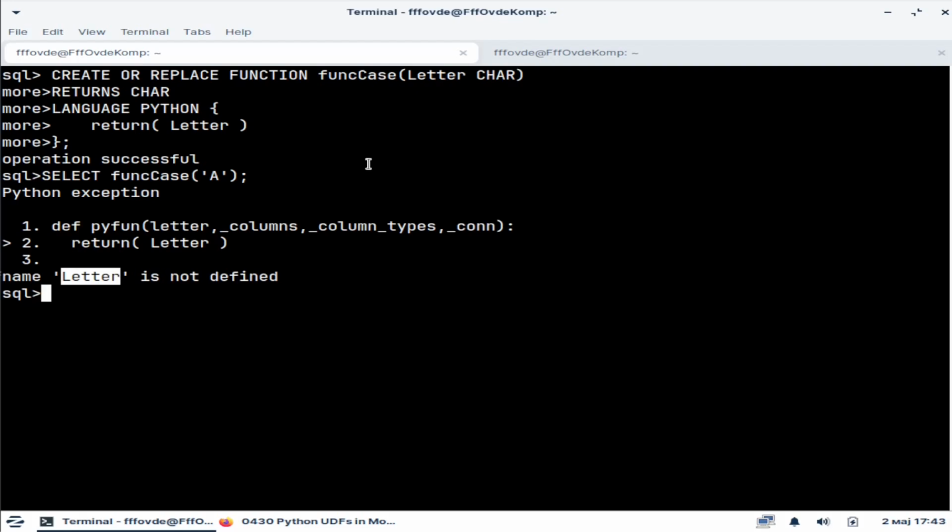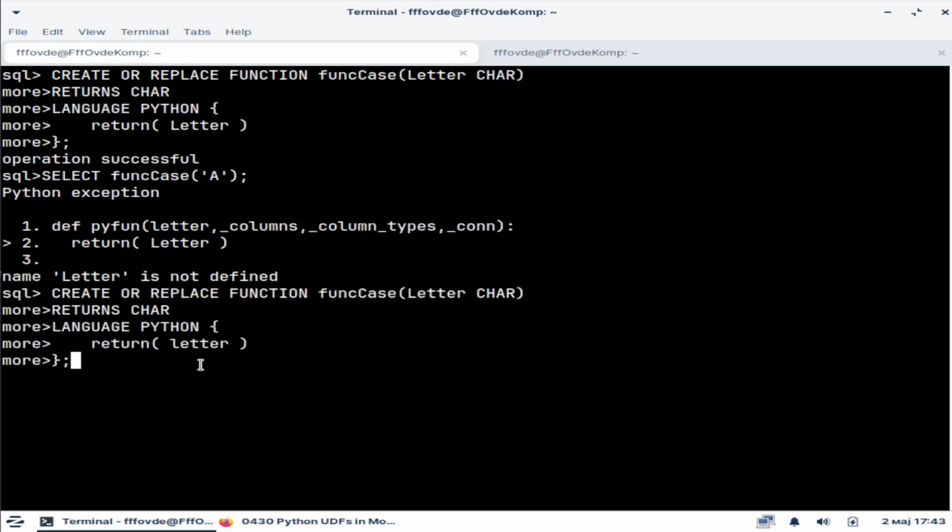So inside of Monet, each argument will be transformed to lower letters. So we cannot use upper letter here inside the Python function, we have to use lower letter. Let me show you this other example with lower letter. This is the same function, just this letter here is changed. So I will create this function and then I will run this function and we will see that now everything